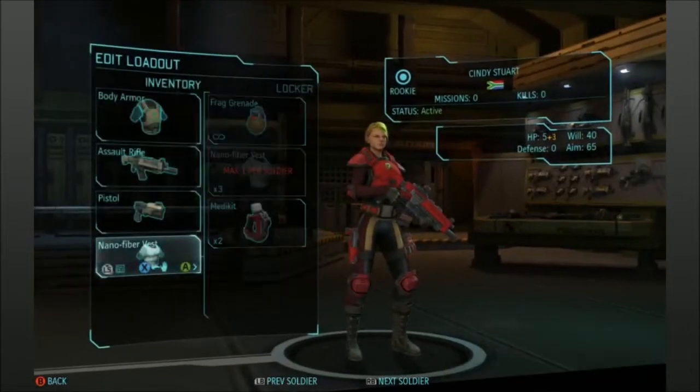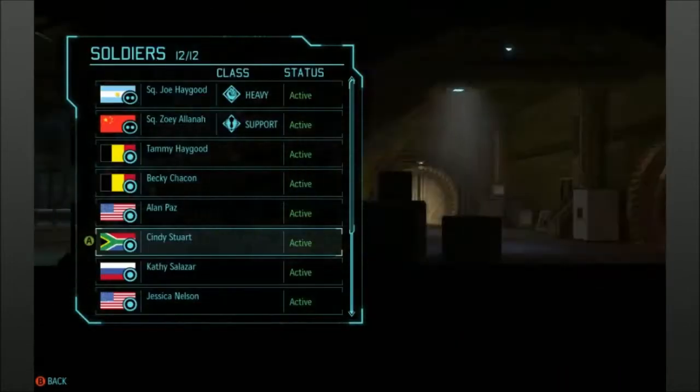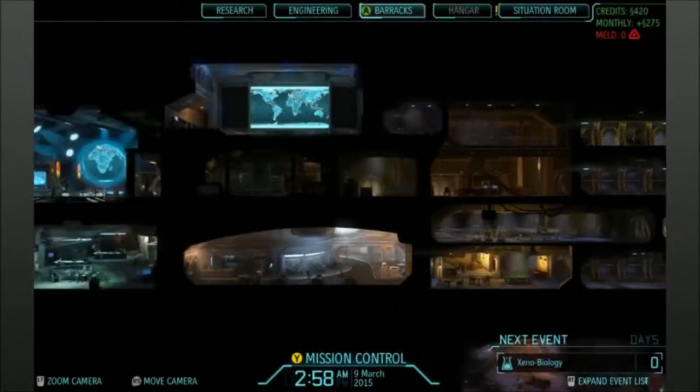Commander to the Situation Room. That's the only thing I don't like. This first three or four hours is very guided. And you can do what you want to do in the missions and whatnot, but...